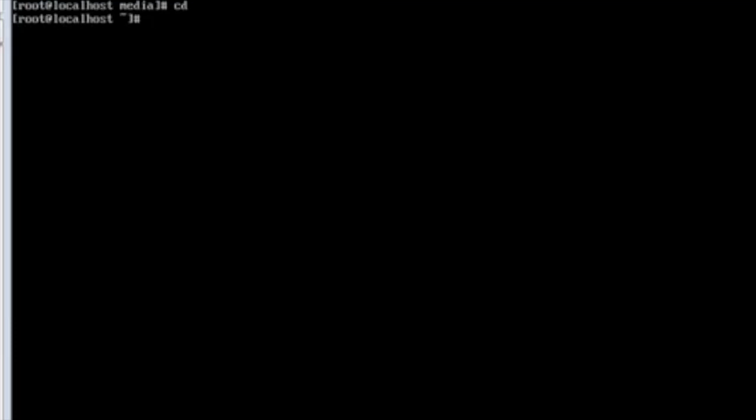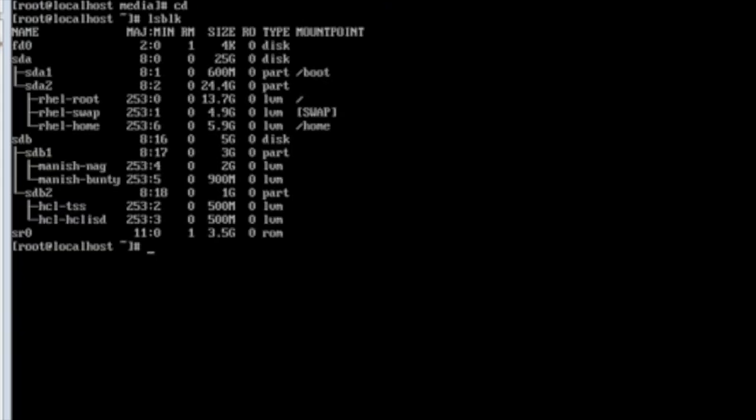First of all, I would like to show you how you can see your file system in Linux. lsblk is the way where you can see the file system. Can you see here sda, and it has partitions sda1 and sda2, and rhel-root, rhel-swap, rhel-home. These are all virtual systems, called logical volumes. I will also cover these logical volumes in my next video, but first let me show you how to install through Yum repository.